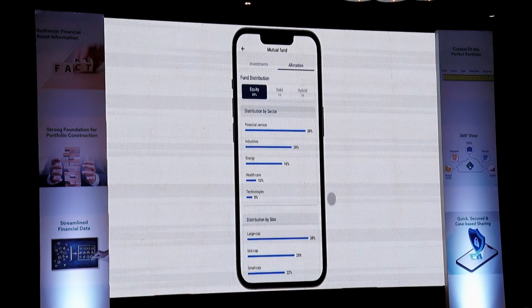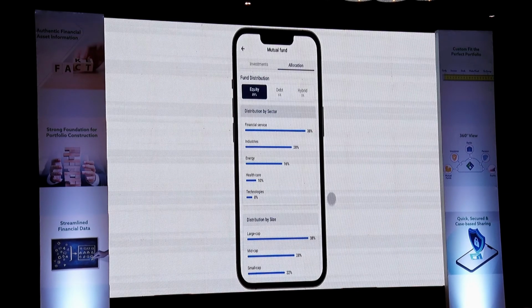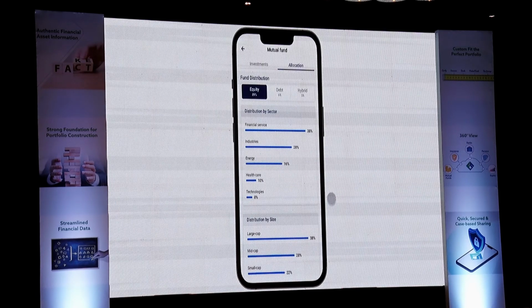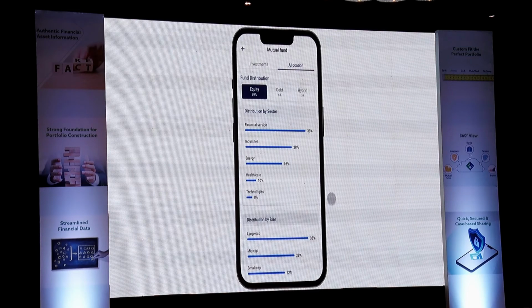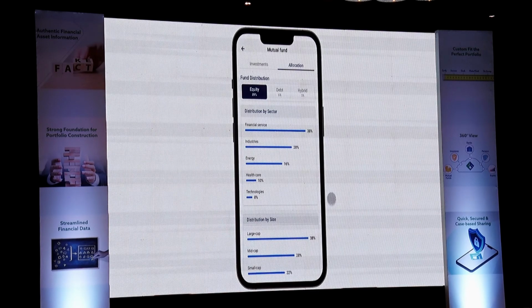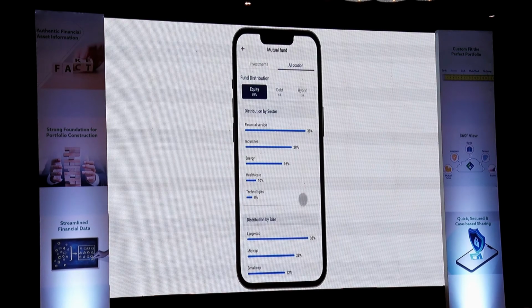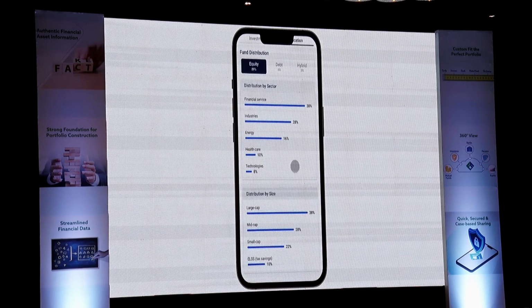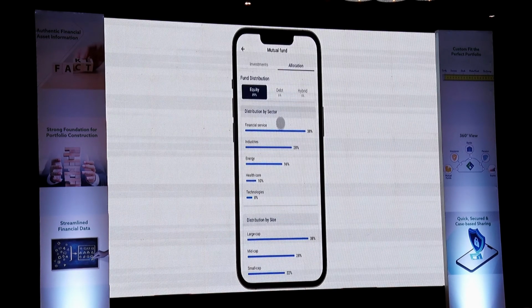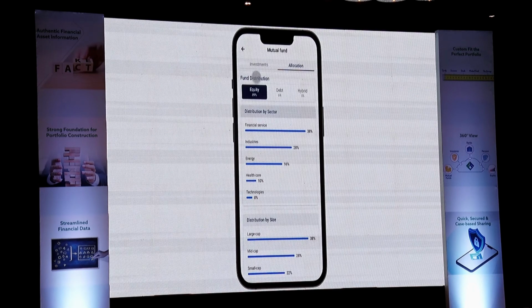And as I was saying, the other use case is taking third-party data, like data from Value Research, and adding even more value to the core information coming in. So the mutual fund information you have, but underlying that, what is the sector allocation, what is the asset size allocation, so large cap, mid cap and all of that. So what is the risk exposure of this user, whether it matches with the asset allocation, and then you can give advisory on what else the user can do and where the user can invest.